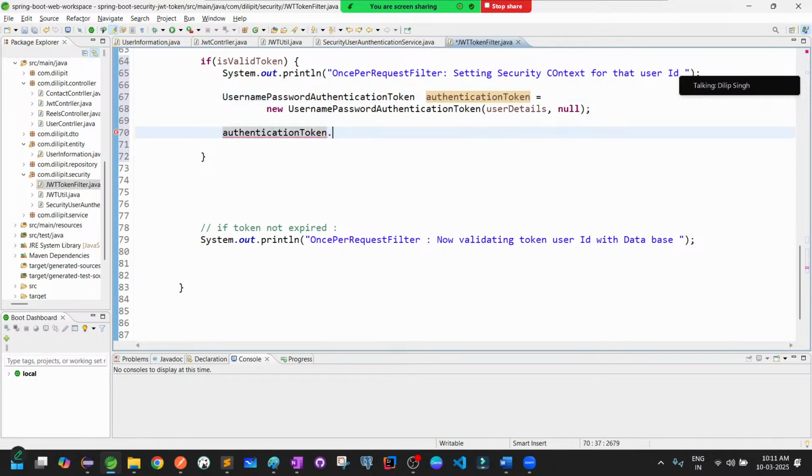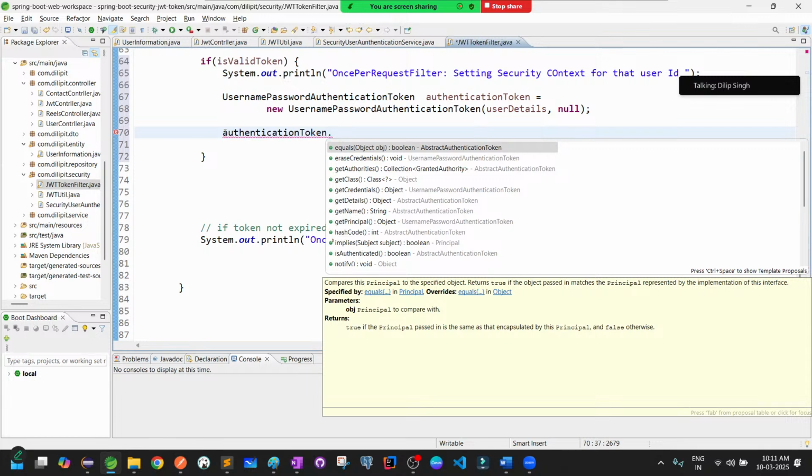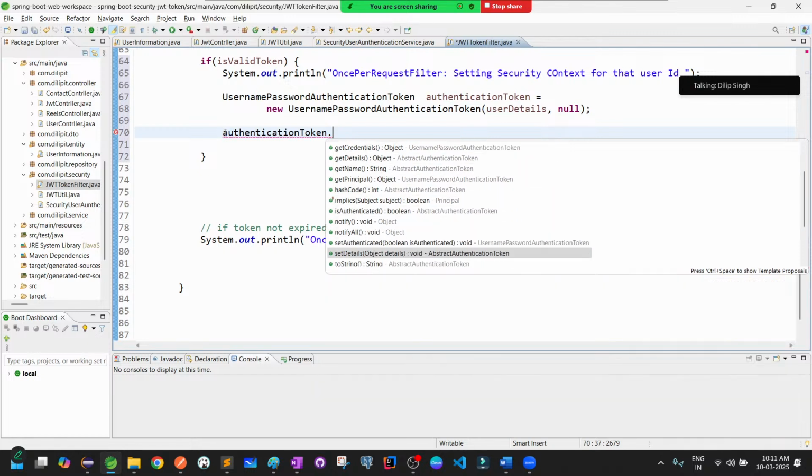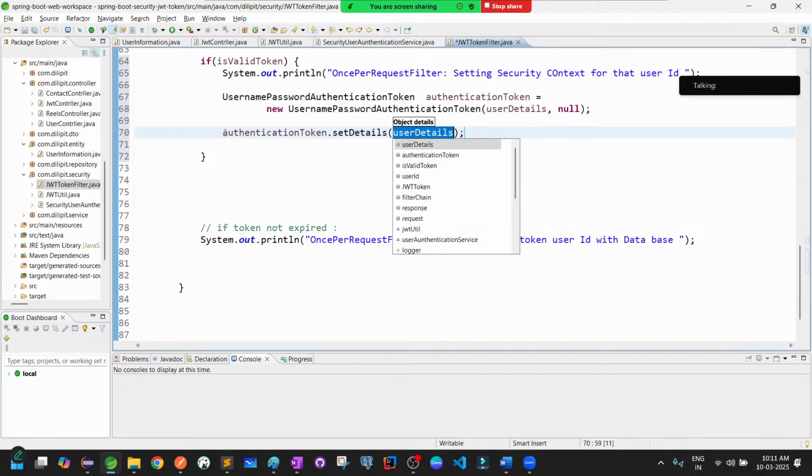And we have to update something again here. It's all get, but we have to set something, set details. So what we have to set here again is,